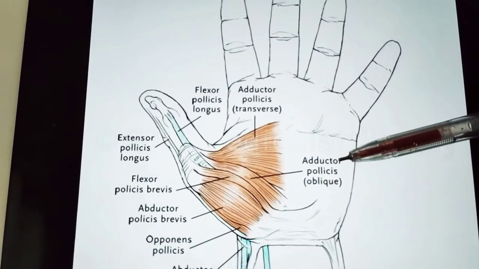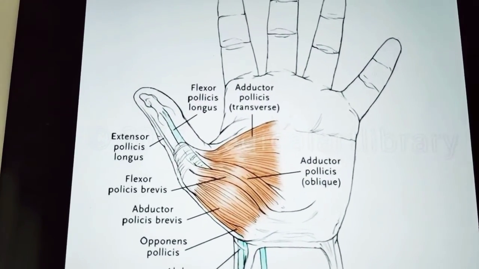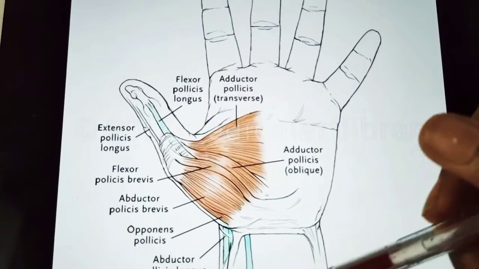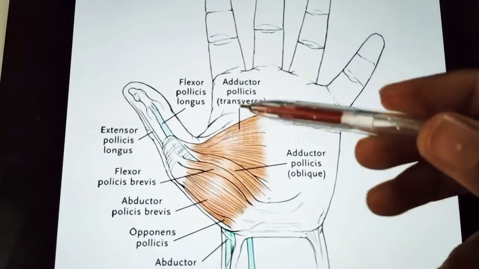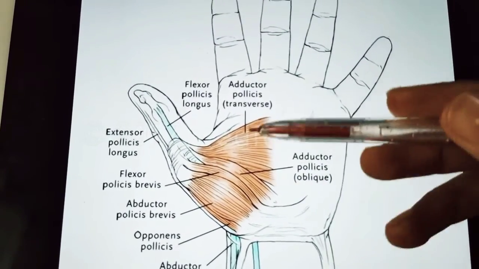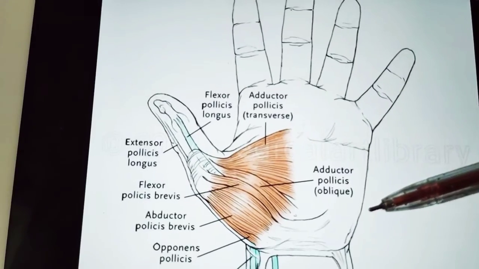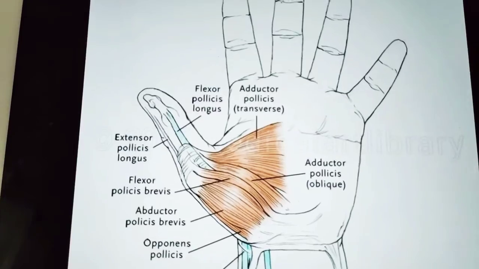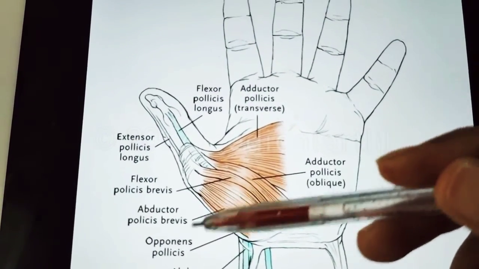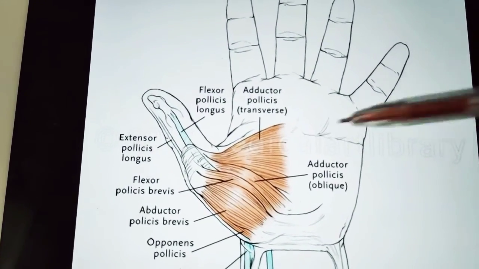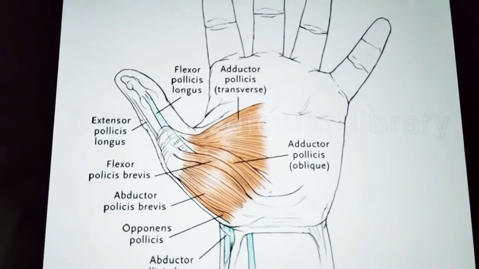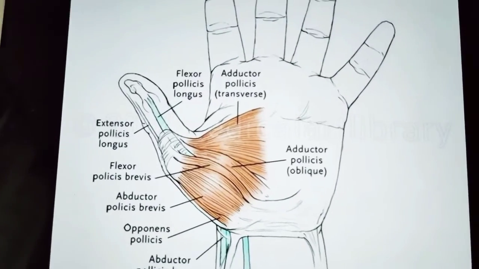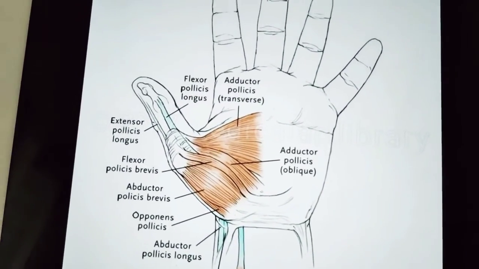But the last A, that is the adductor pollicis, is special. You can remember it is special in the case of nerve, and also special in the case of heads. Adductor pollicis is special with two heads, oblique head and transverse head, right? And also it is special in nerve supply because it is mainly supplied by the deep branch of the ulnar nerve. So the ulnar nerve is supplying it, whereas all the APHO are common, supplied by our median nerve. So adductor pollicis is somewhat special in our thenar eminence because it is supplied by a different nerve, the deep branch of the ulnar nerve, and also it has two heads.